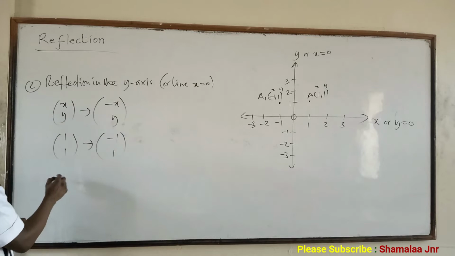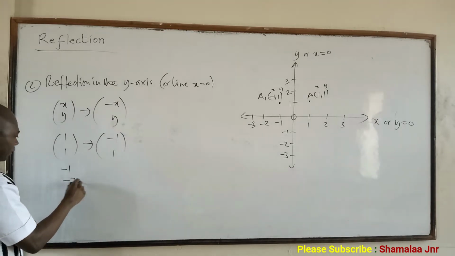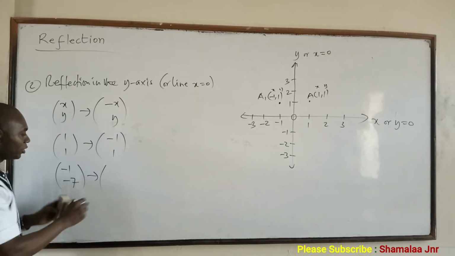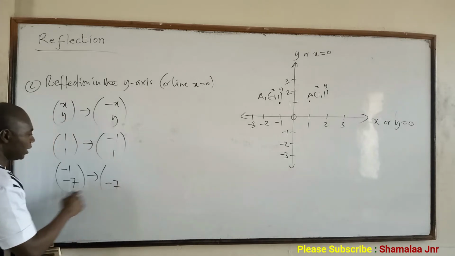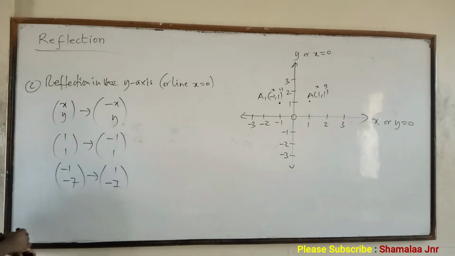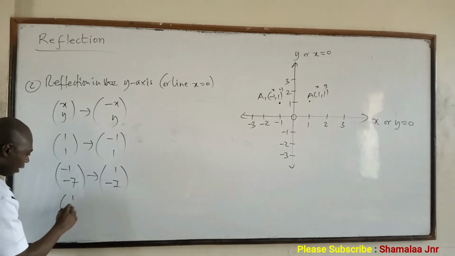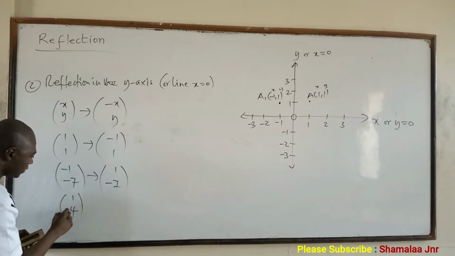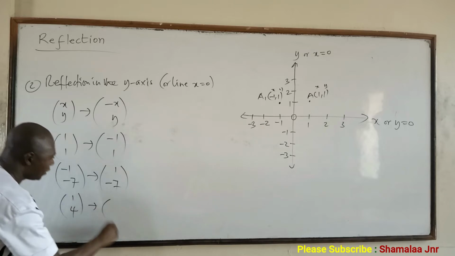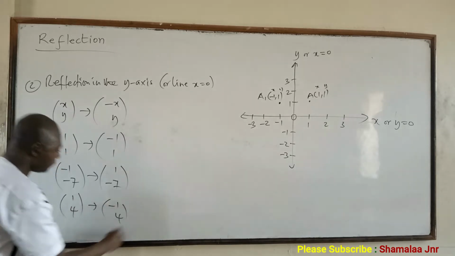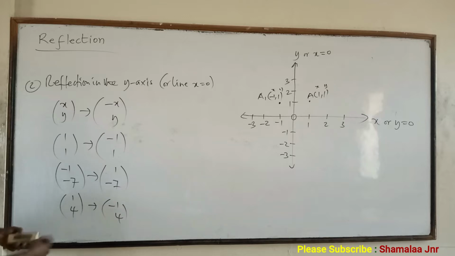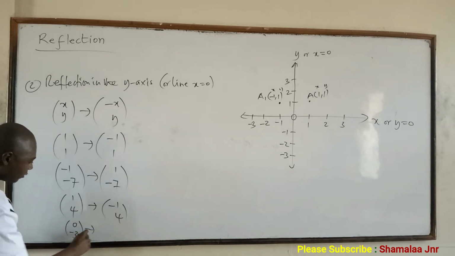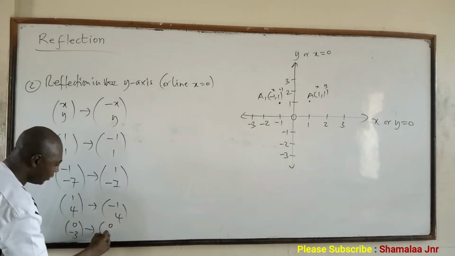Isn't it? So if you have say negative 1, negative 7. This one, we are saying that the x-coordinate should change, but the y-coordinate should remain the same. So negative 7 here, and then this one will change to positive. If you have, say, 1, 4, then this one will be negative 1, 4. Isn't it? And lastly, if you have, say, 0, negative 3, then this one will be 0, negative 3, because